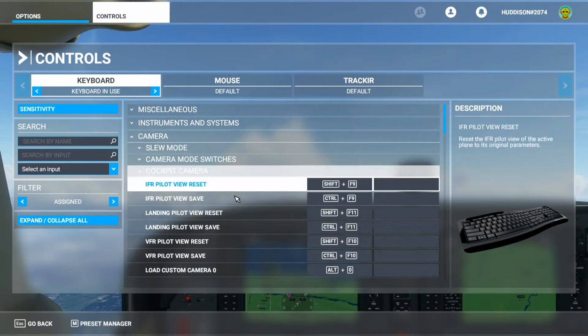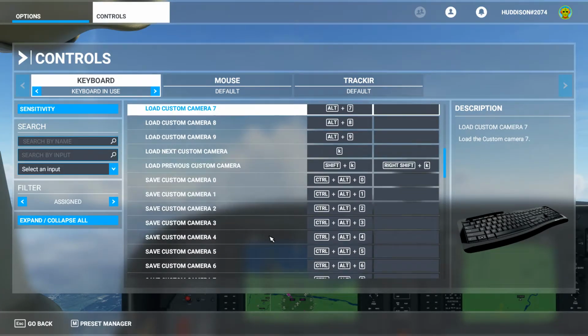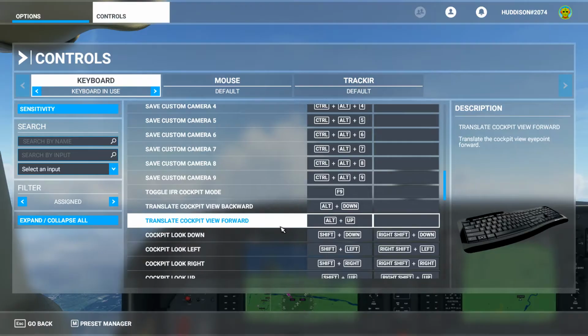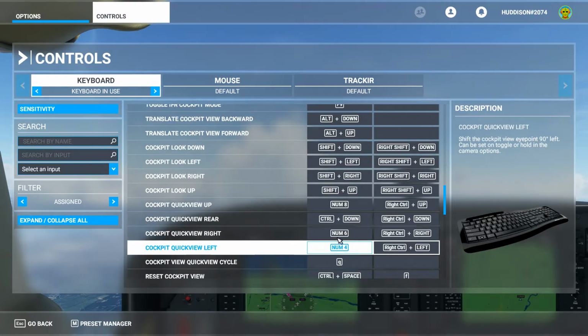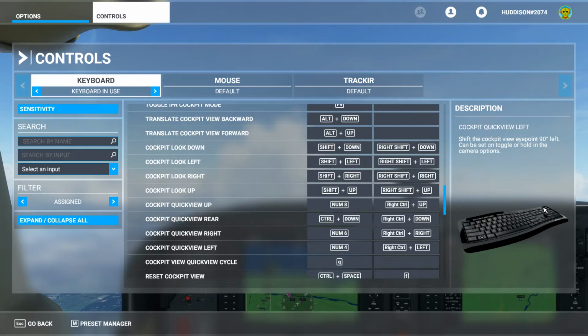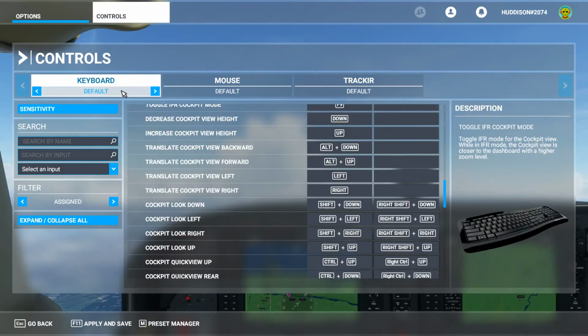Camera, cockpit camera. I don't want to make a tutorial of this, it's just things I've changed. The important thing, if you're going to change cockpit quick view up, down, left and right, which I've just explained, I've put that on my numpad keys. The only thing you need to do is go to your default keyboard. What I would do is go to preset manager